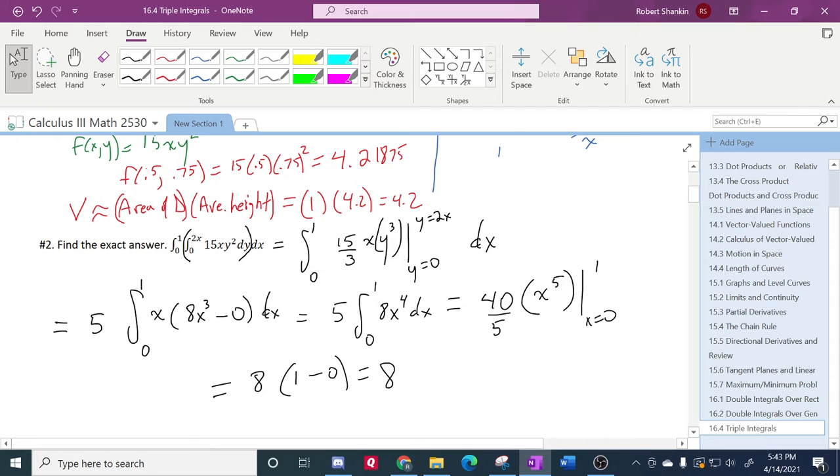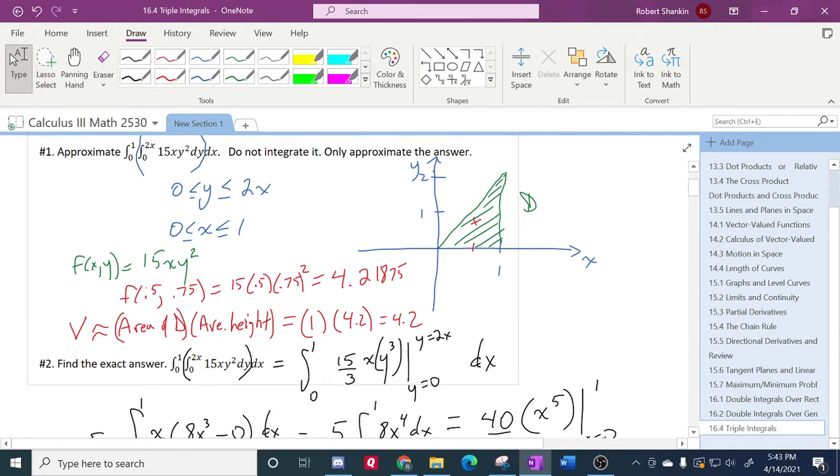And now it'd be nice if my approximation was closer, but it was 4.2. Now in a case like this, I might go back and figure out a few values. If I plug in, now let's call this z, so it's quicker. Z equals 0 here and here, where either one of these things is 0. All the way across here, your y is 0. So even at this point, z is 0. Okay, and then way at this point up here,